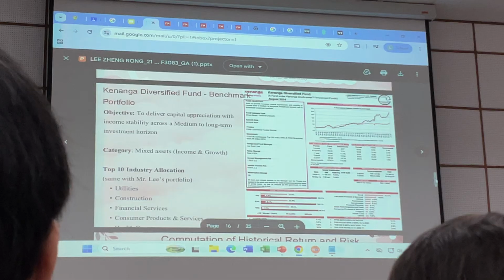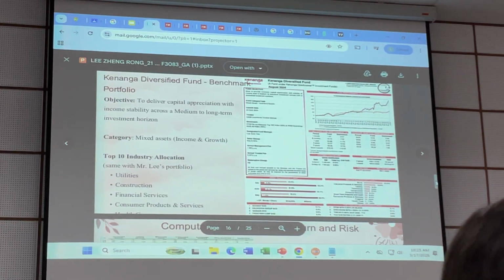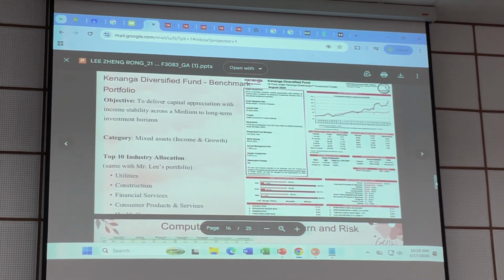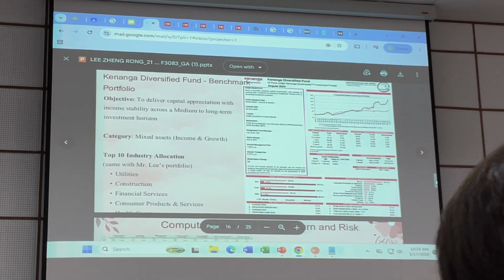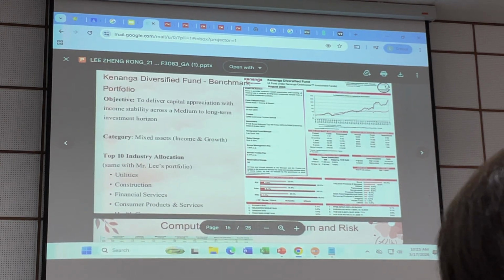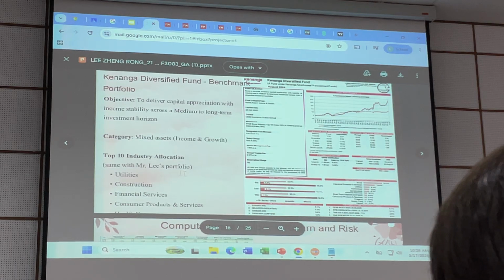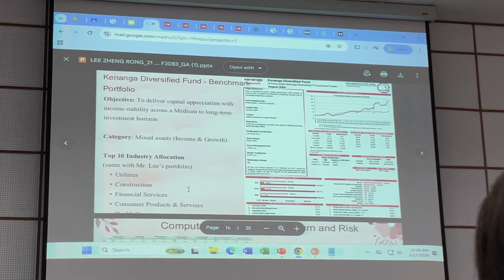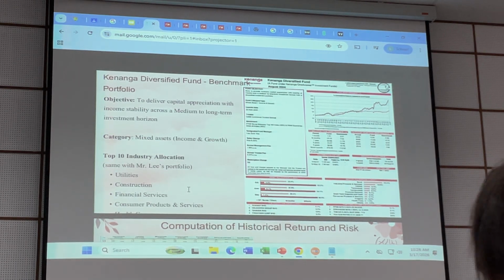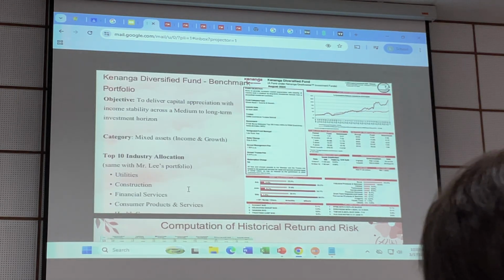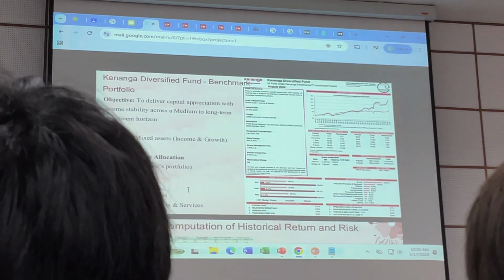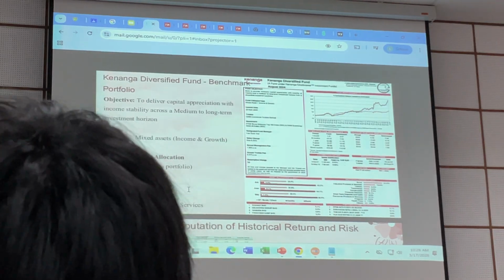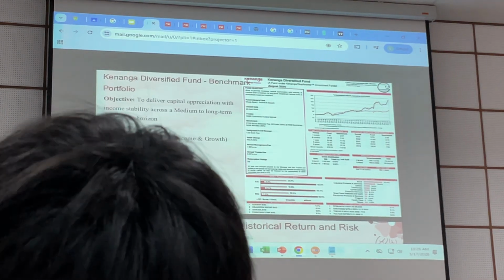And this is one of the unit trusts. You may go to a local fund, attached with the fund fact sheet. Whatever unit trust you select, let's say it invests in certain sectors, you must match with the sector. Let's say they go to utility, construction, finance. That means your 5 companies must use this as a benchmark to select. Your 5 companies must relate to this industry. Can you understand what I mean?